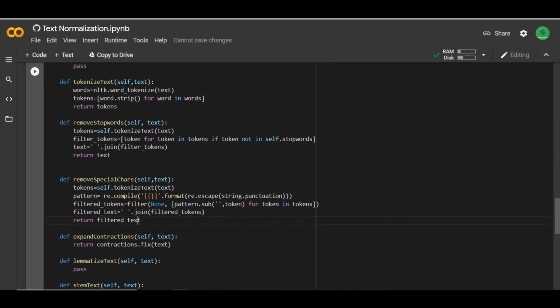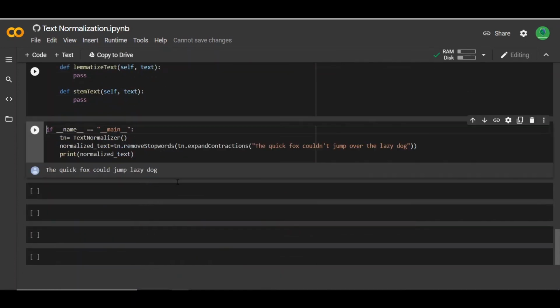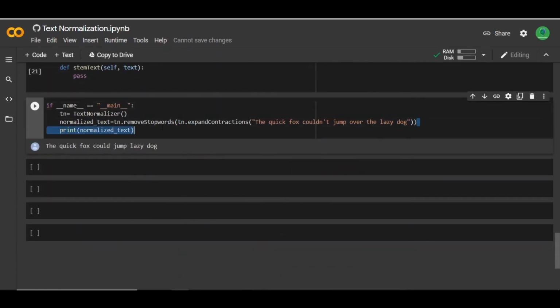All right, so I think we forgot to add this underscore here, and now we'll run this and see what happens. So let's actually test this out now, and we will test this out by specifying tn.remove